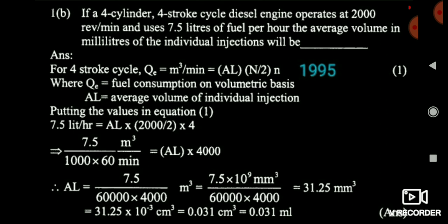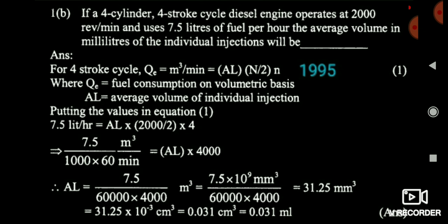Friends, here small n is 4 and capital N is 2000 revolutions per minute. It is 2000 times the crankshaft is rotating in a minute, so you should multiply it by 60, then you get 2000 into 60 times it is rotating in 1 hour. And friends, it is a case of 4 cylinders and 4 strokes, so you should divide it by 2 and multiply it by the number of cylinders, that is 4. So you should do that first, and after that, friends,